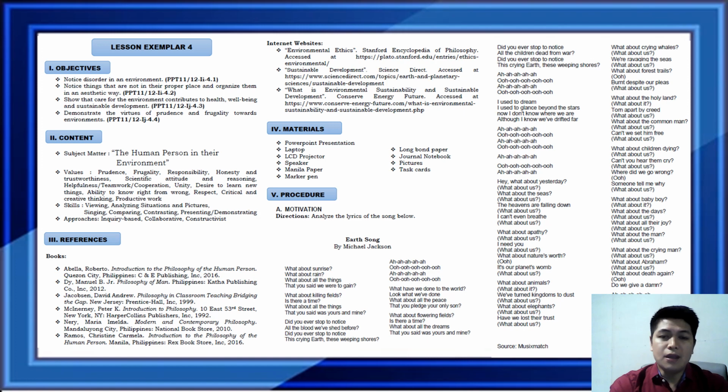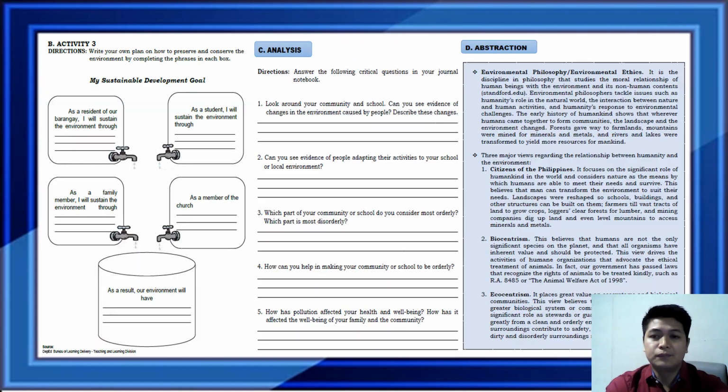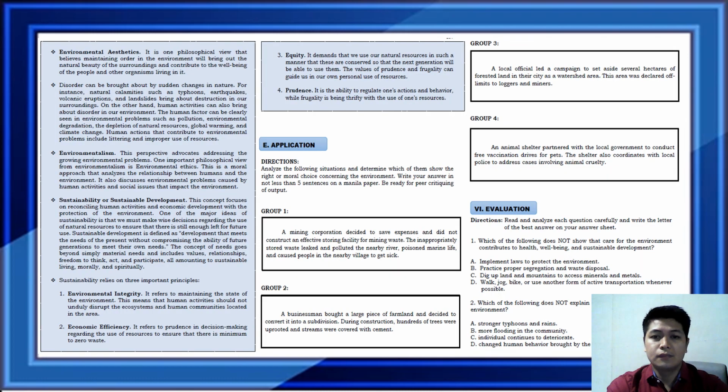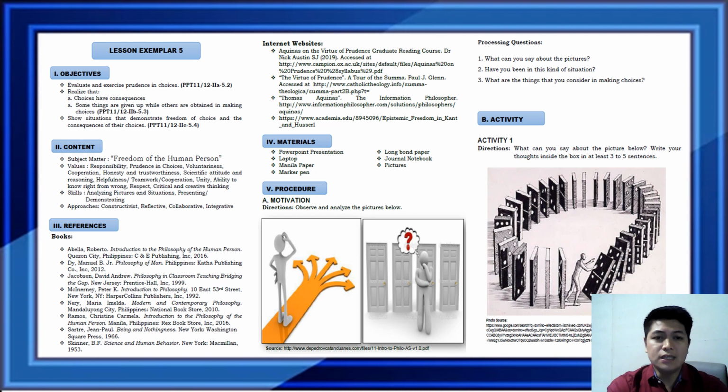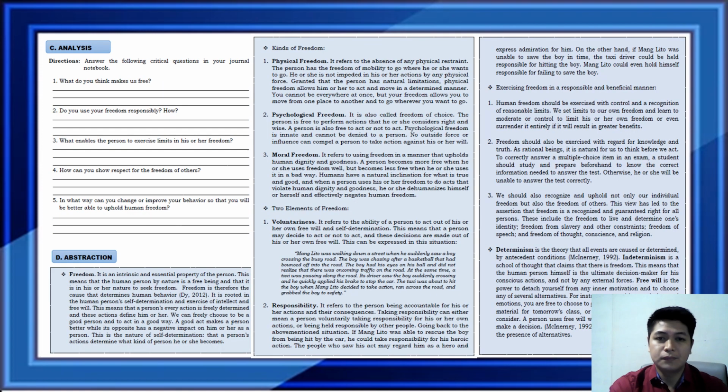This is the lesson exemplar number 4, observing the same. This is the lesson exemplar which topic is all about freedom of the human person.